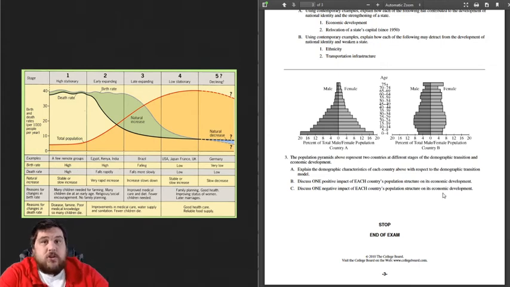So, to answer this question, you have to understand multiple things. You have to be able to read population pyramids. You have to understand what the demographic transition model is, and you need to understand what it means when they say economic development. So here we have our population pyramids,